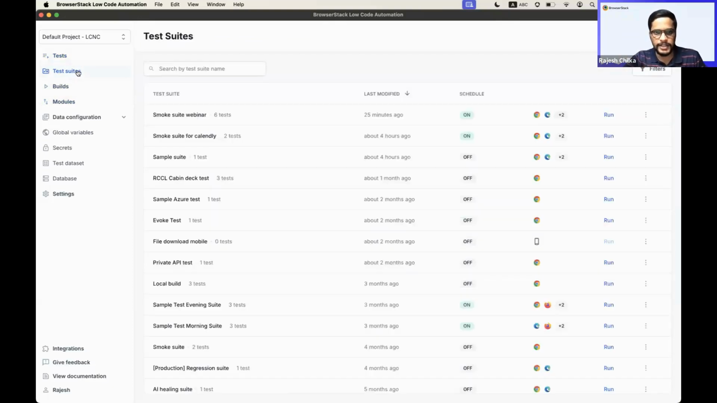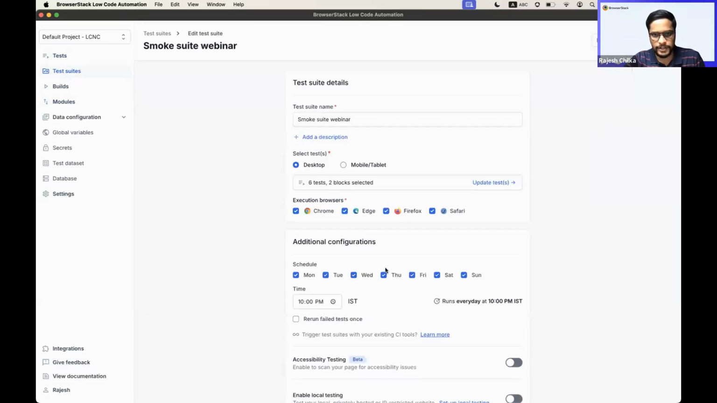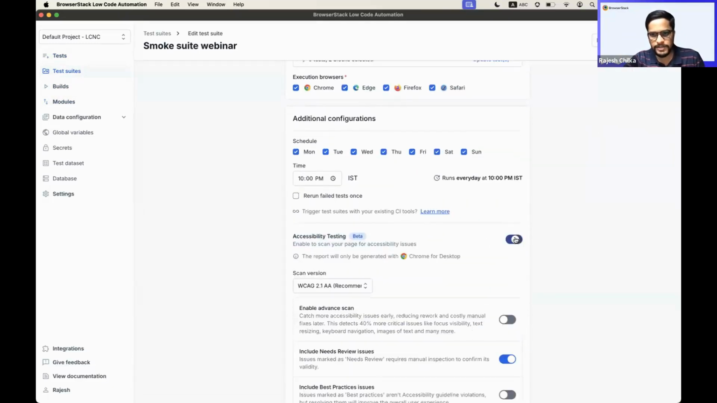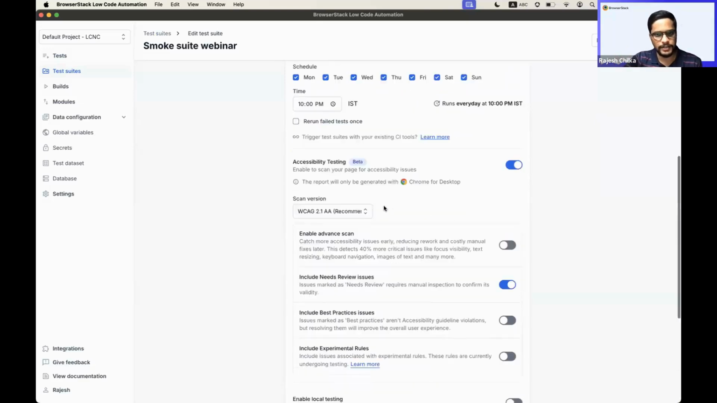Now coming to accessibility, you will see an option in your test suite as well for accessibility testing, wherein you can enable this toggle. So whatever tests you want to test for accessibility, simply add those in your test suite and enable the accessibility toggle